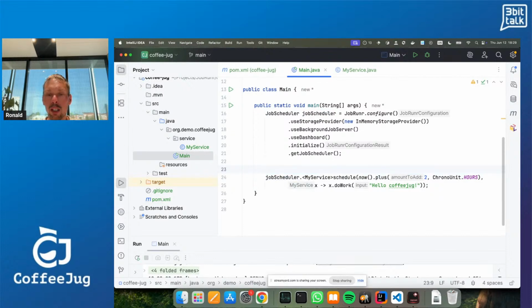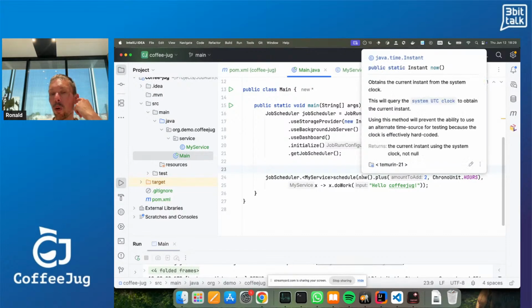So what we now do, for example, let's say you have an e-commerce website, and after a couple of days you want to send users that subscribed an email. Well, then you can just say, hey, jobscheduler.schedule, and then when you want it to happen, and you just, again, give your Spring Bean or your Quarkus singleton the input that it needs to do work, and JobRunner will make sure that it will happen at that moment.